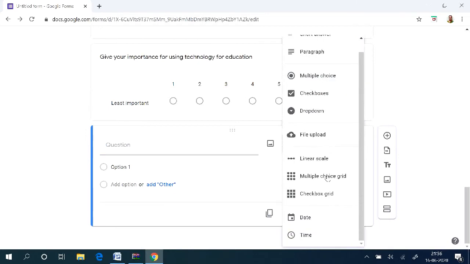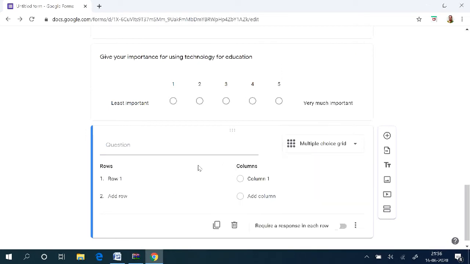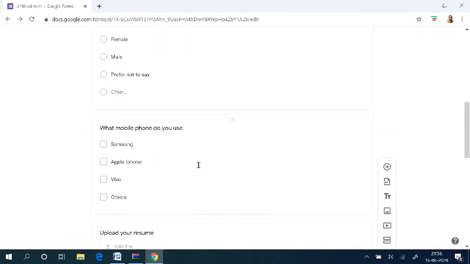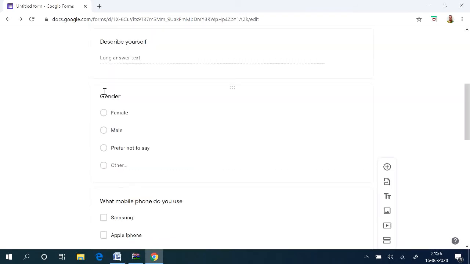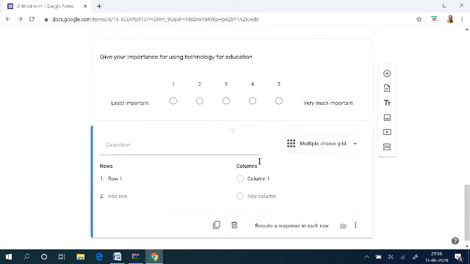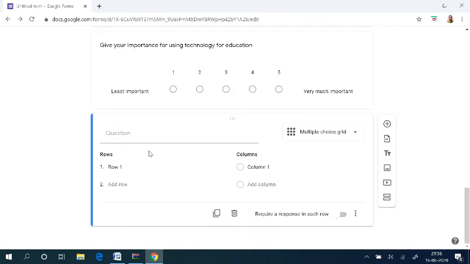Then you have multiple choice grid. It is similar to our multiple choice question, but in multiple choice I have only one dimension. Suppose I want to relate two dimensions, I will be using this multiple choice grid. So we will take one example. Your opinion regarding the following factors.